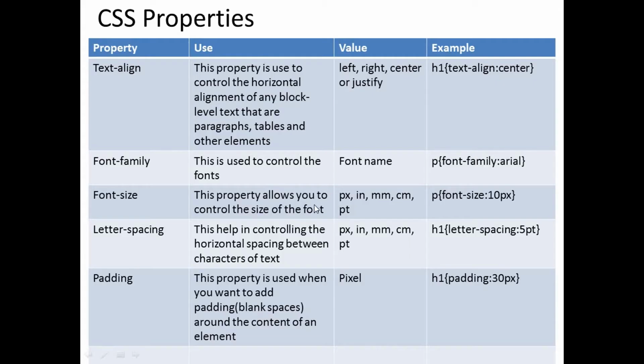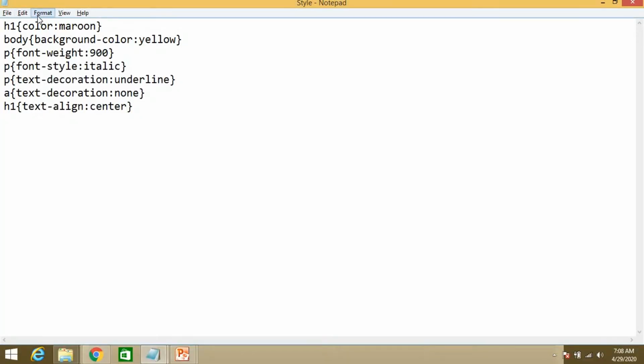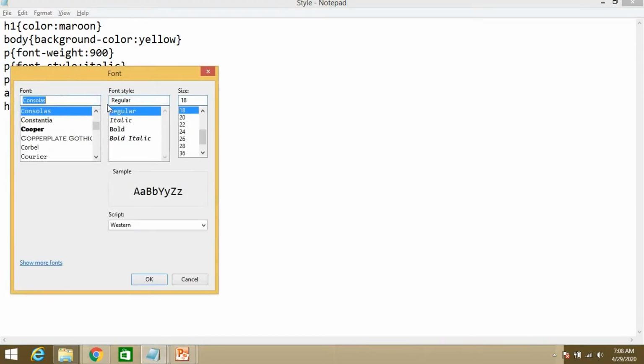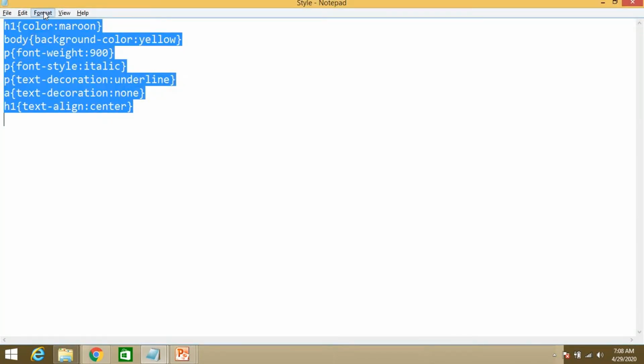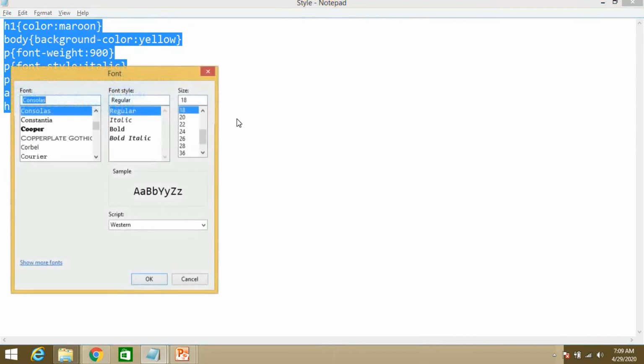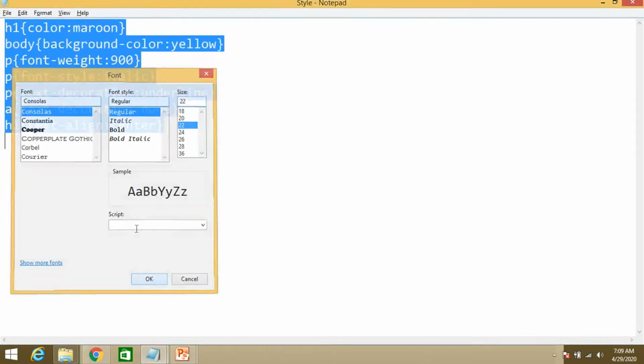After that we have font family, Arial. Font family is basically used to give the font name. You will get the font name from here. We have many fonts, and you can apply any one. See, all these are fonts. They have applied Arial. You can apply any font over there. I'm just making the size bigger.